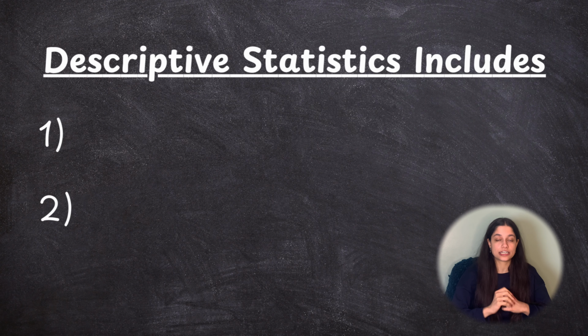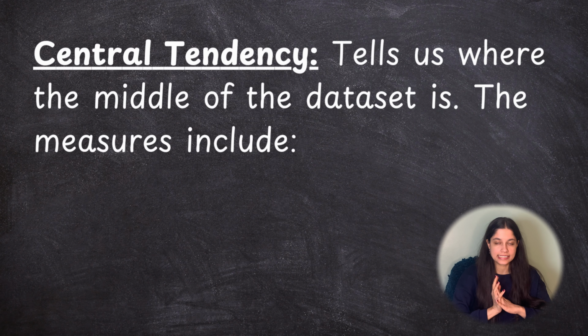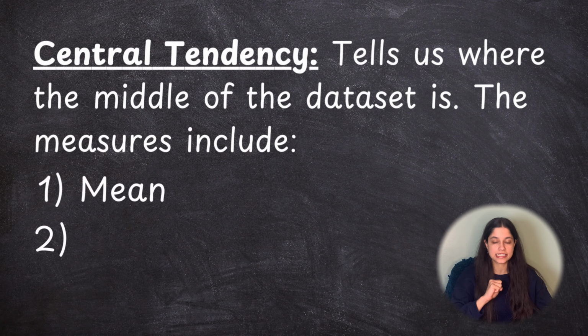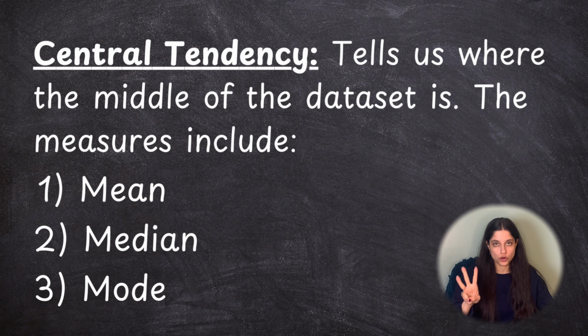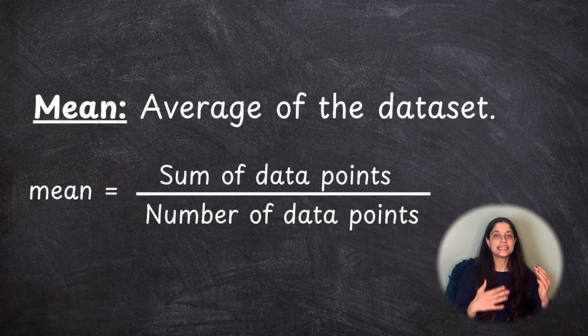Descriptive statistics includes two things: 1, measures of central tendency, and 2, measures of variability. First, let's start with measures of central tendency. Central tendency tells us where the middle of our data is, and there's 3 different measures for this: the mean, median, and mode. The mean is the average of the data set, and it's taken by taking the sum of